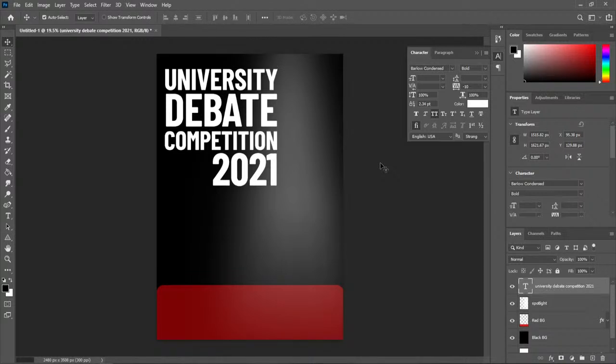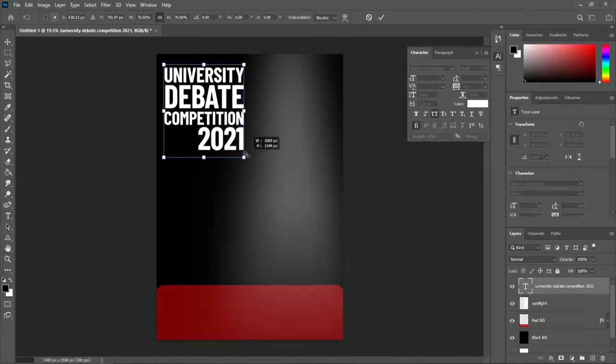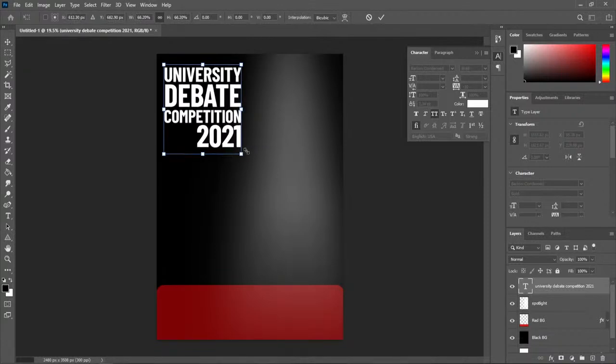The best way to resize is again the free transform. Control T on your keyboard without pressing the shift key, so that it will uniformly change the size. So maybe something like this. Okay, that's it. Now what I can do, some more information, maybe I want to put it here underneath, but I